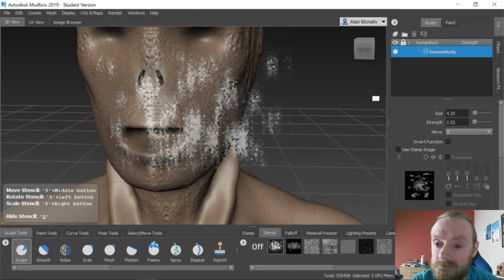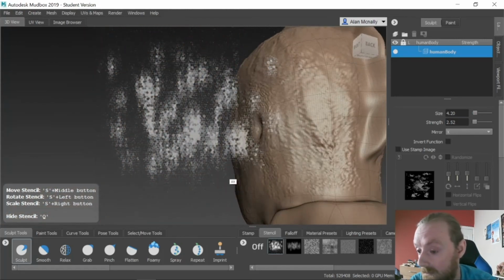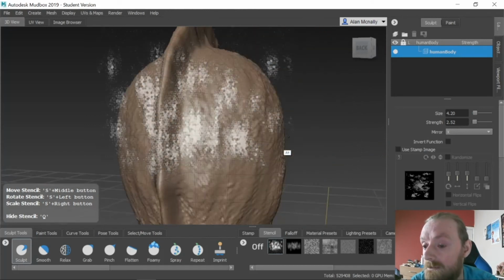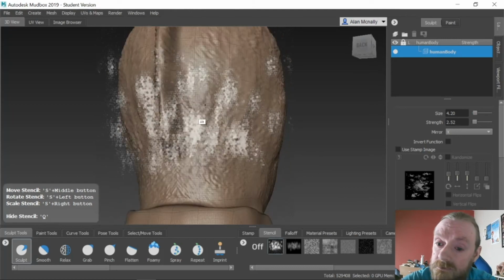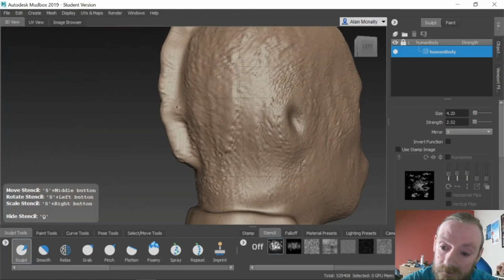Ooh, zoom it, and I mean, we got a little bit over here as well, just along here. And should I do this? I don't know. Let's see what this looks like. If I just try and rotate it around and try and get just a scaly kind of...